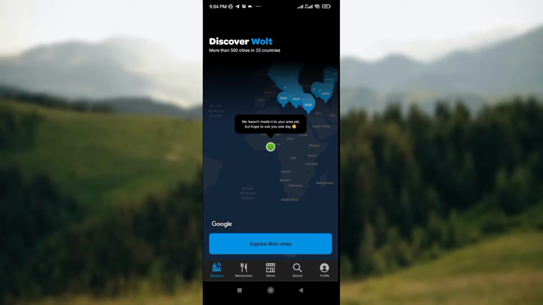So to learn how to cancel Wolt Plus subscription, it means that you've previously subscribed to Wolt Plus. So what you need to do first is to open your Wolt app on your mobile phone, just like I've done here. Okay, so once you've opened it, the first thing you see is a picture